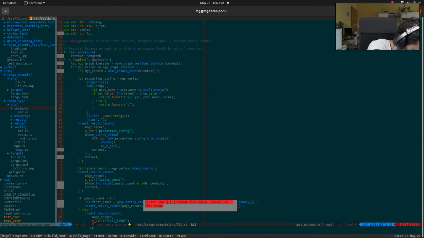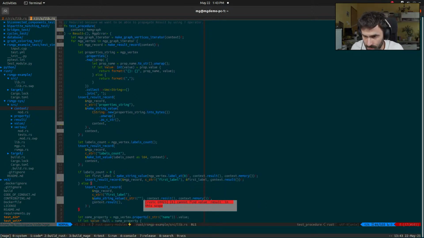So to do, first is clone problem. And second is insert a value. Okay. Context. Okay. Make string. So